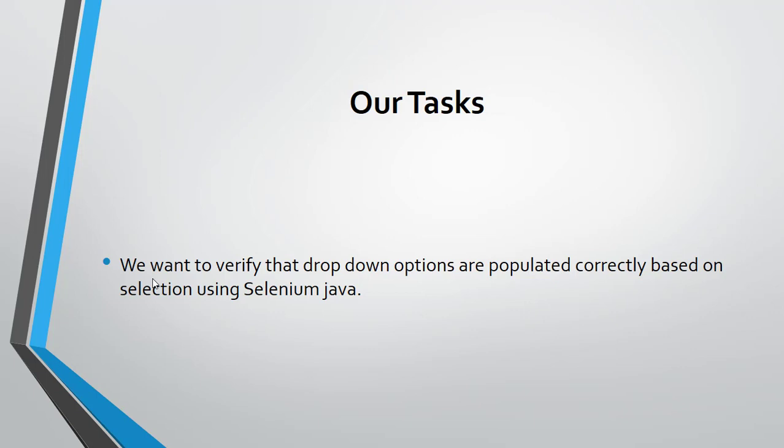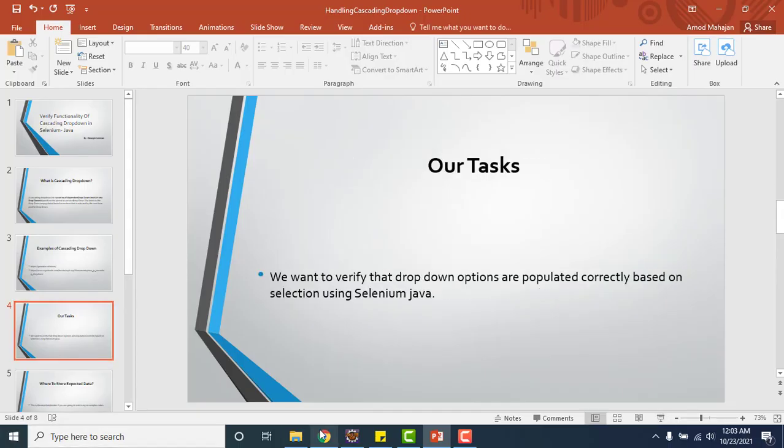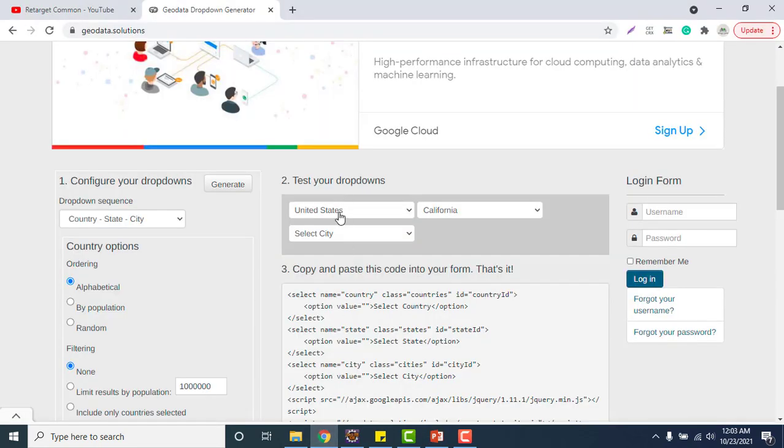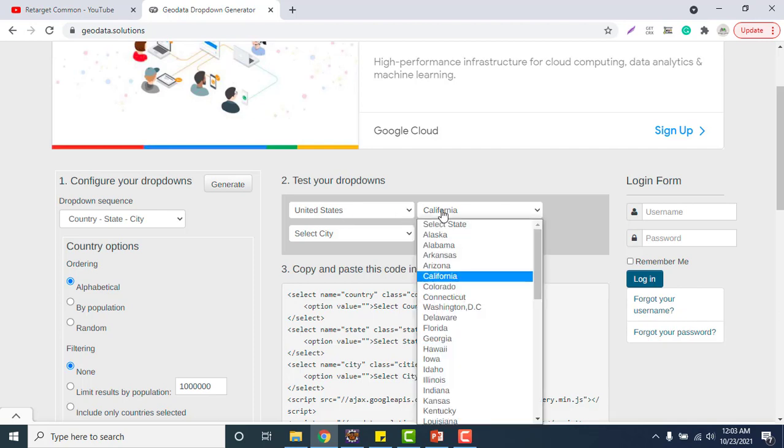We want to verify, using Selenium Java, that drop down options are populated correctly based on the selection. That means if you select the country as United States, then whatever states it populates should belong to the United States.